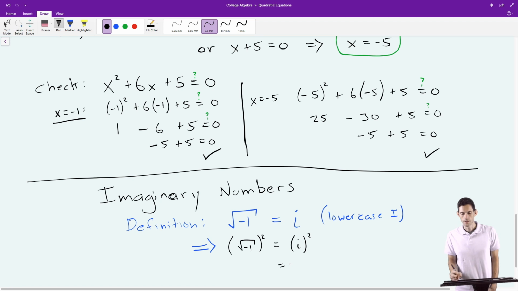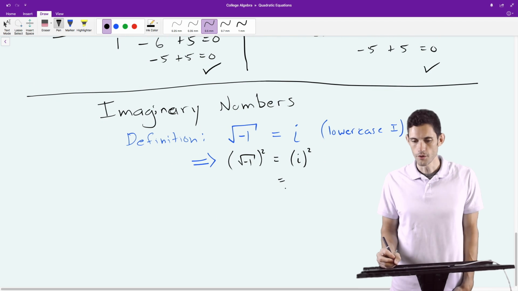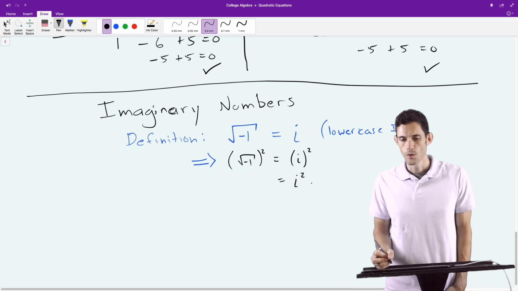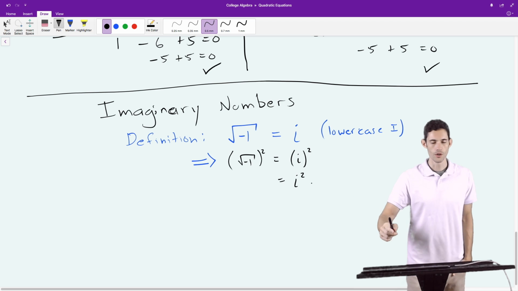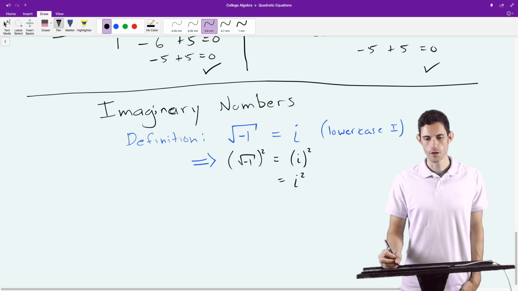So i is a symbol. We've just created a symbol to suit our purposes. So I don't really know what to do with the right side. I can't do anything with it. It's just i squared. But on the left-hand side, I have the square of a square root. And in that case, we already know what that is. The square of a square root